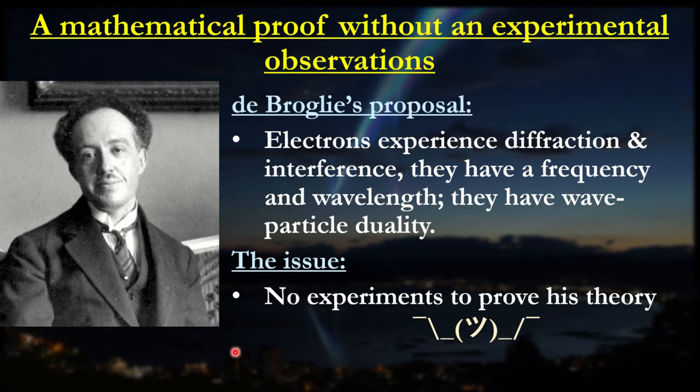Okay, so what is the importance of all this? Well, just before we get into that, a really funny thing is de Broglie's proposal came from the diffraction and interference of electrons, which gave the implication that it had wave-particle duality. At the point where he actually made this theory, there were no real experiments that actually showed what he did at the time.